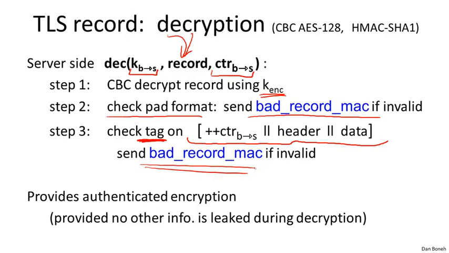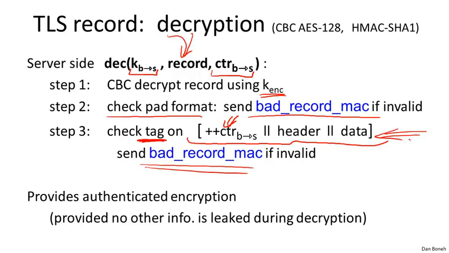Now you can see that if a record is ever replayed, in other words, if an attacker records a particular record and then replays it to the server at a later time, then by then the value of the counter would have changed. As a result, the tag on the replayed record would simply not verify, because the tag was computed using one value of the counter, but when the replayed record is received at the server, the value of the counter at the server is different from the value that was used to compute the tag, and as a result, the tag would not verify.